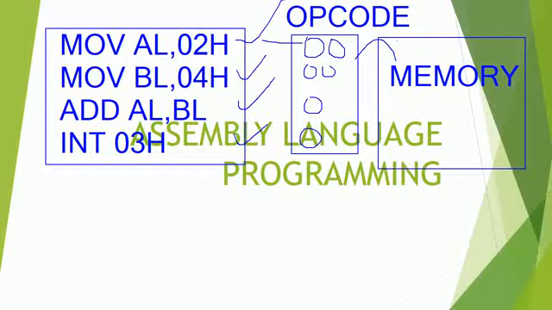Now the conflict here is, when you have 4-5 lines of program, it is very easy for you. But if you have, let us suppose, a 20 line program or a 50 line program, and you are trying to execute it using the microprocessor, then every time you are supposed to write the program, calculate the opcode for each and every instruction of that program, save it in sequential order inside the memory, and give the starting address.